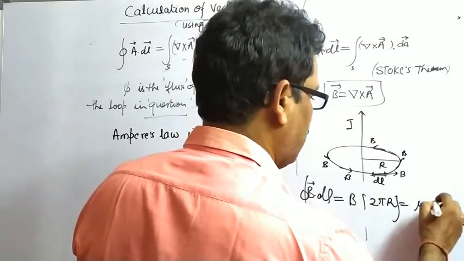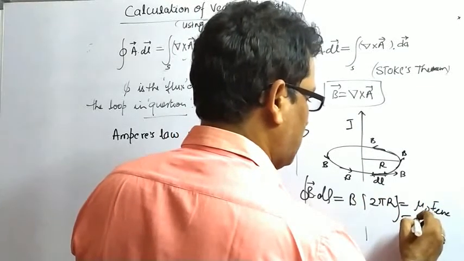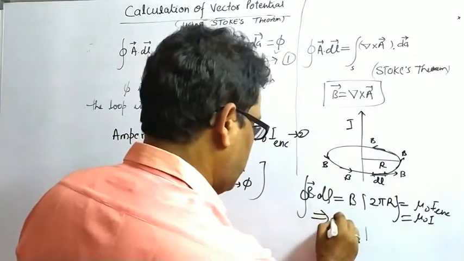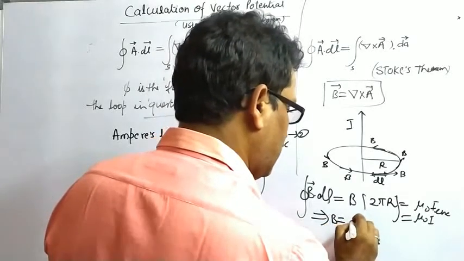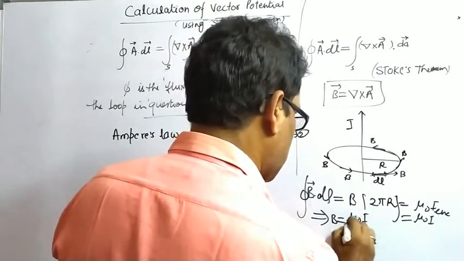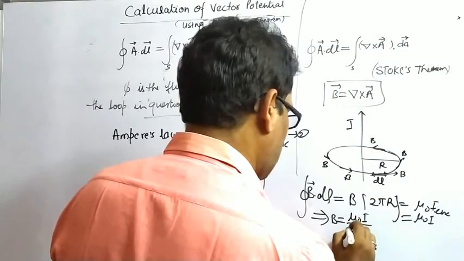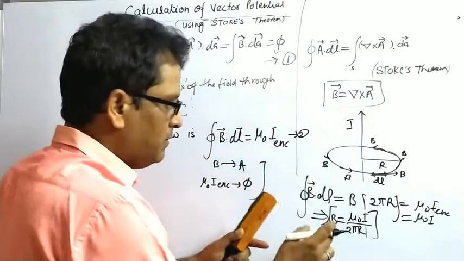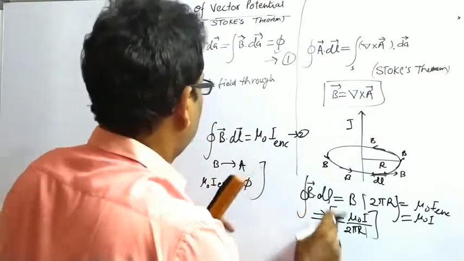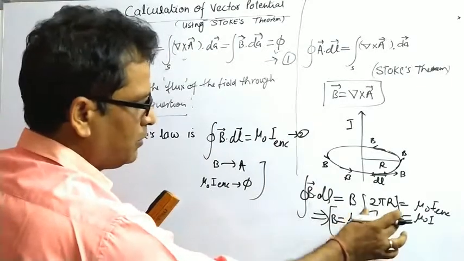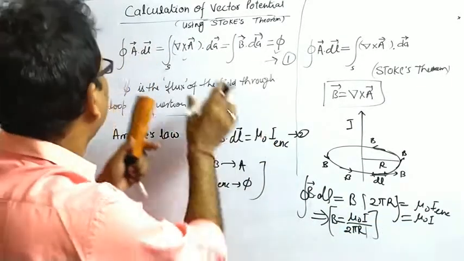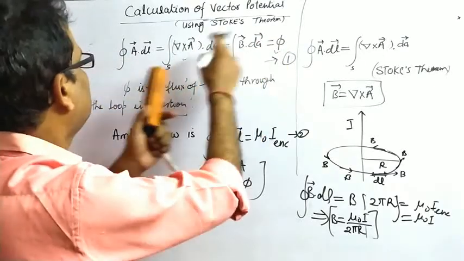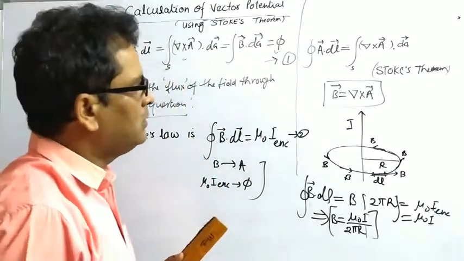μ0 I enclosed, and this is μ0 I, the total current passing through this. So from this equation you can easily find B, which is μ0 I upon 2πr. तो जिस तरह से हम B निकाल लेते थे इस इक्वेशन को यूज करके, वैसे ही हम वेक्टर पोटेंशियल A निकाल सकते हैं बाय यूजिंग दिस इक्वेशन, यानी फाई से हम वेक्टर पोटेंशियल A आसानी से निकाल सकते हैं।